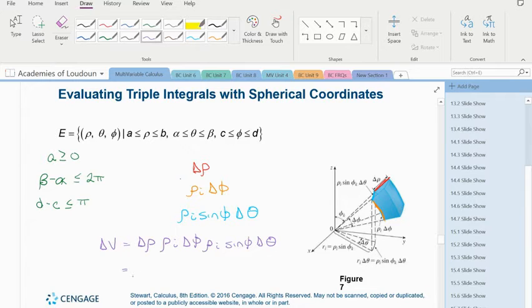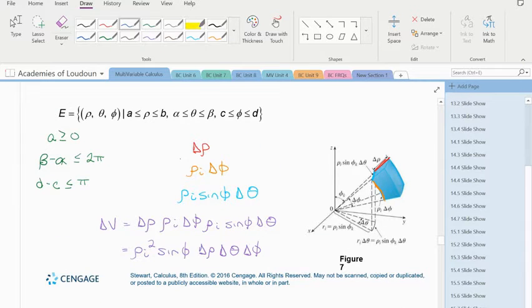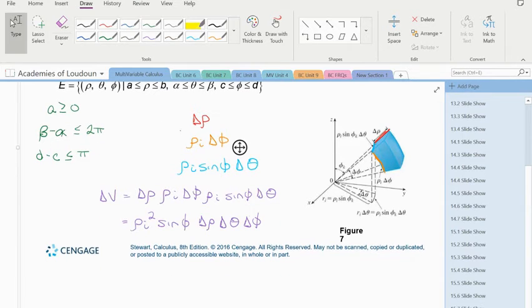Reordering our terms, we end up with rho sub i squared sine phi delta rho delta theta delta phi, where each of those points are some point in that spherical solid. If we then have our rectangular coordinates of these points, we can write the triple integral as f of x, y, z dV